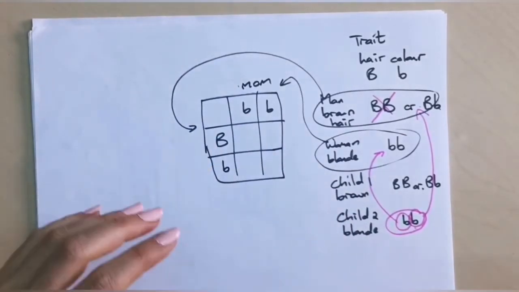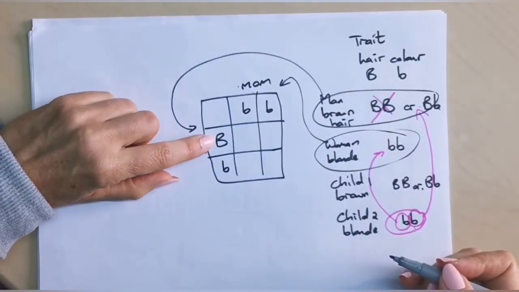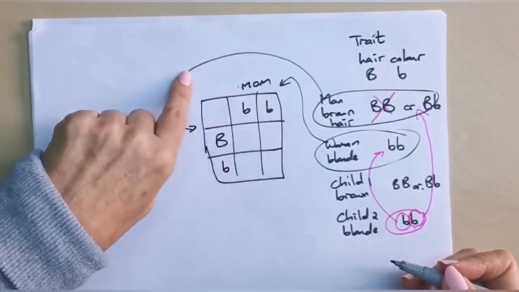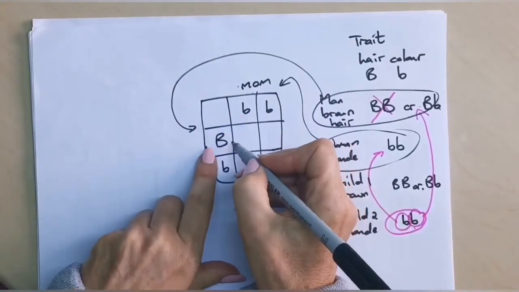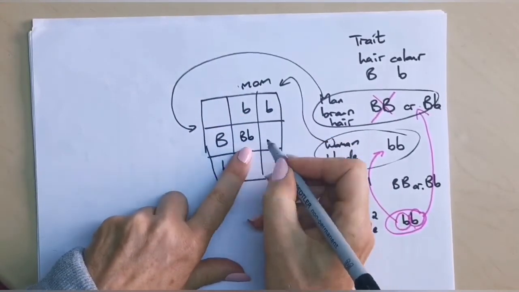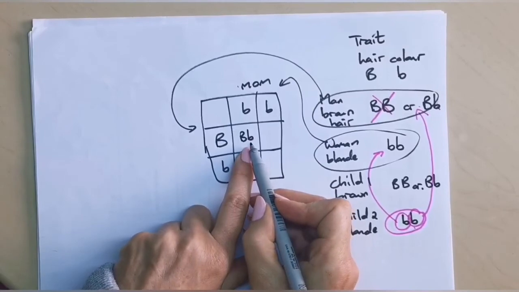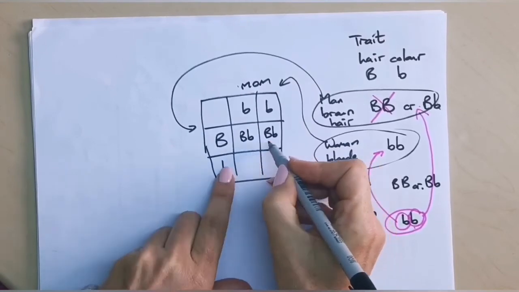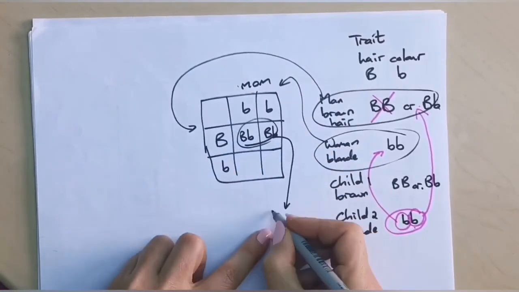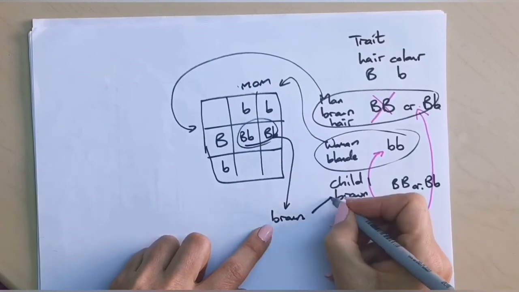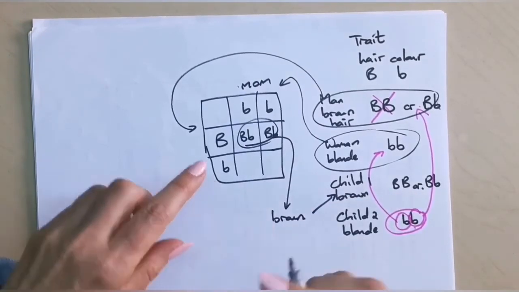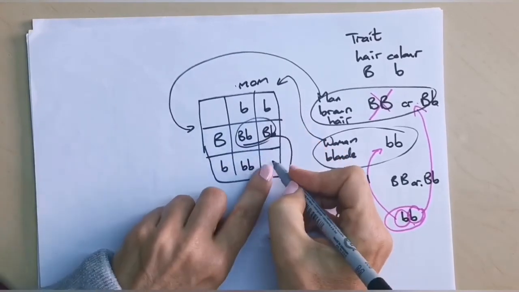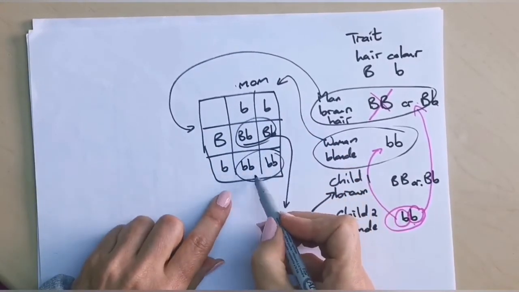All right, so we say that the dad is heterozygous and the mom is homozygous, which would result in this couple having children that look like this. There's a possibility of having a child with a big B, little b, which is a brown hair child. That one is also a brown hair child. So both of these produce kids with brown hair, and that's where this little b comes from. But when a sperm and an ovum with the two little b's come together, we see this combination,